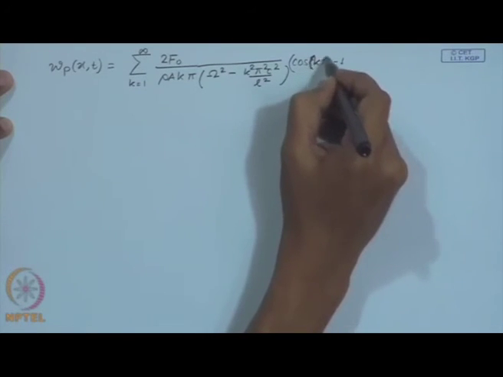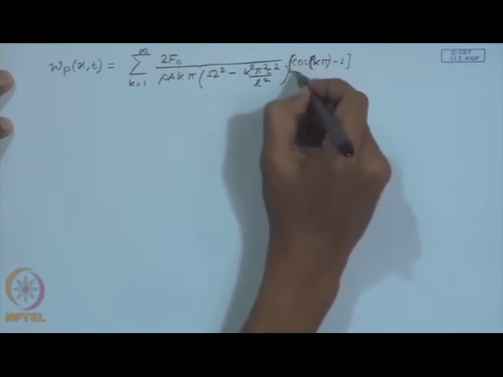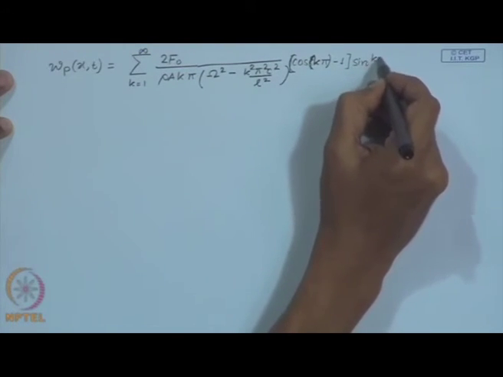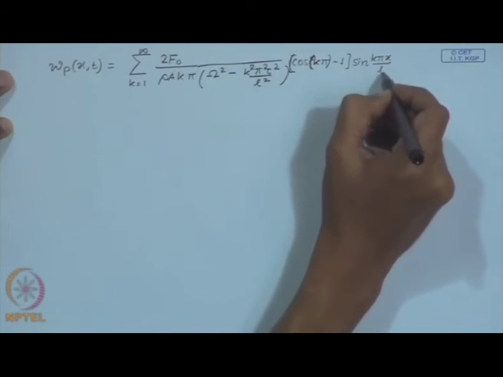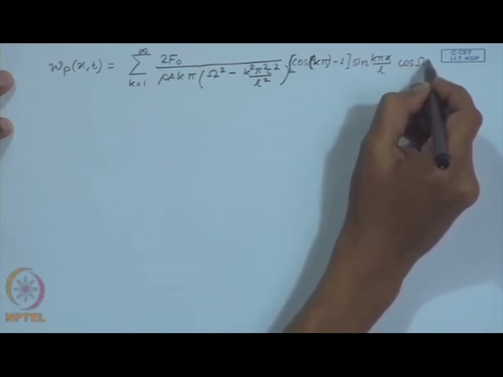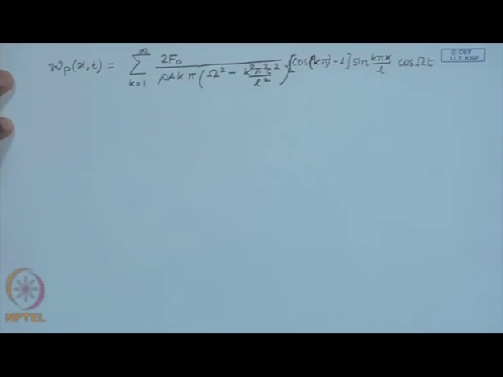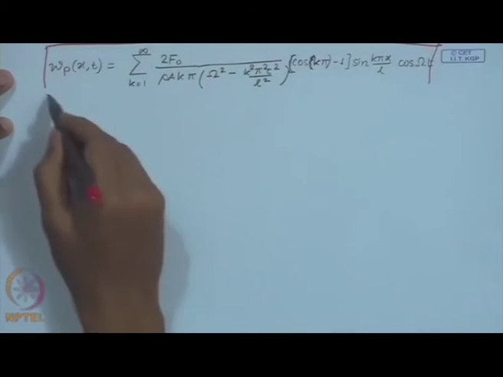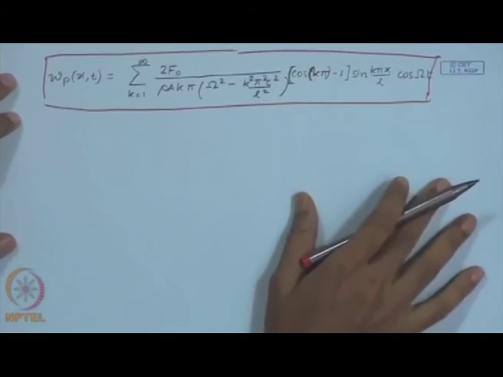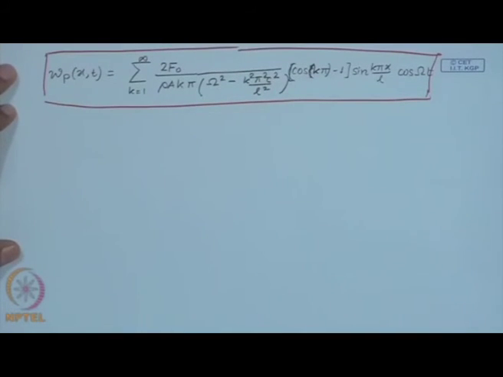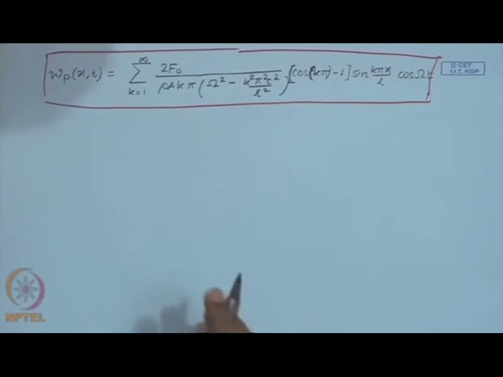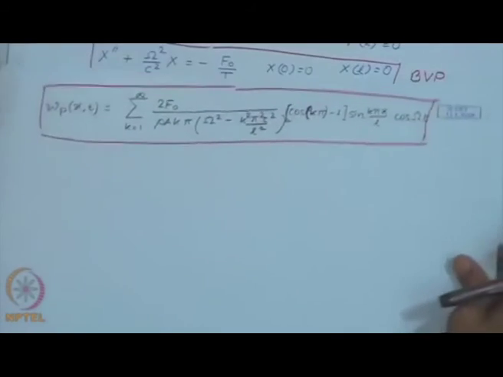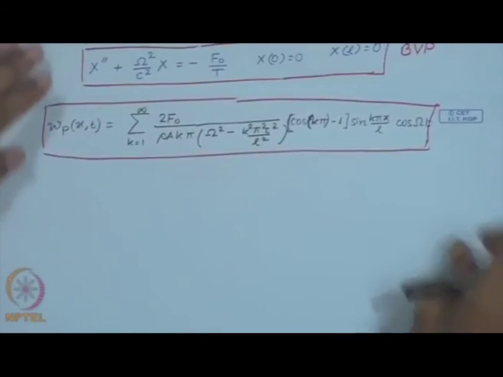So, cos of k pi minus 1, so that completes the particular solution. So, this is the particular solution of the problem. Now, this boundary value problem